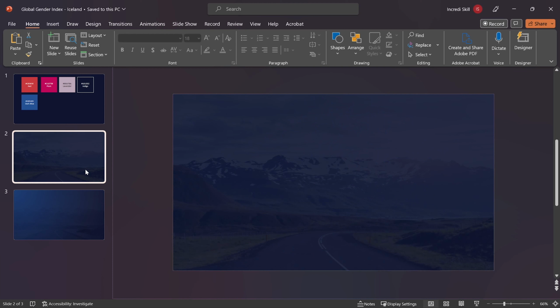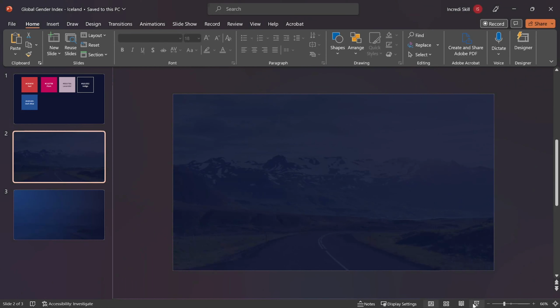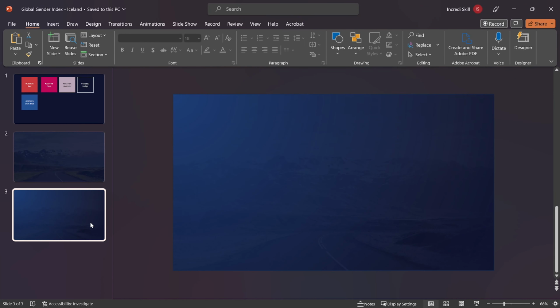Let's quickly run slideshow and compare the two alternatives. This is the initial overlay with transparency, and here we have the second option using gradient. Which do you prefer? The gradient, isn't it? Let's proceed with the gradient option. For the time being, we'll keep the transparent overlay as a backup in case we find a need for it